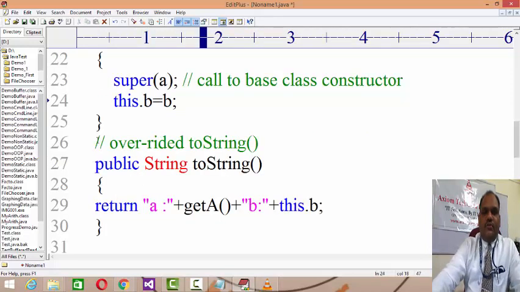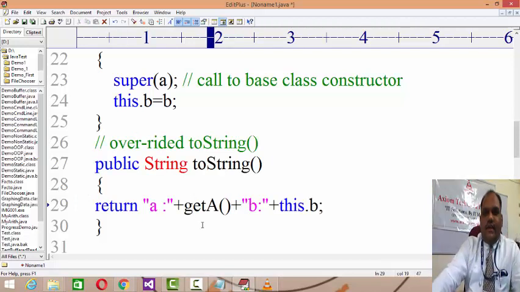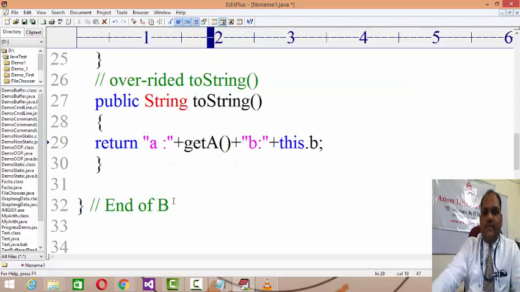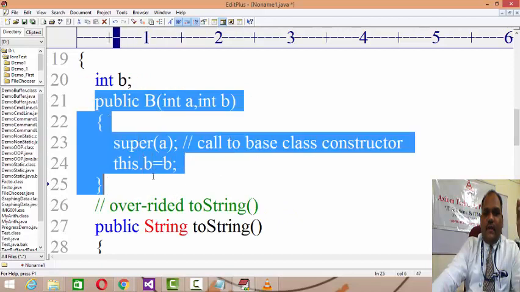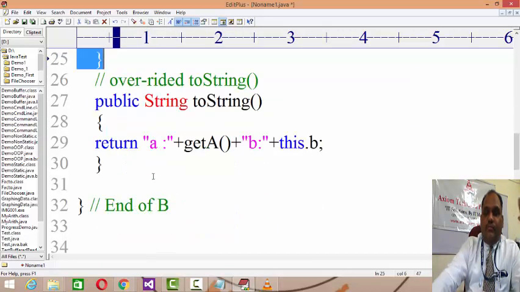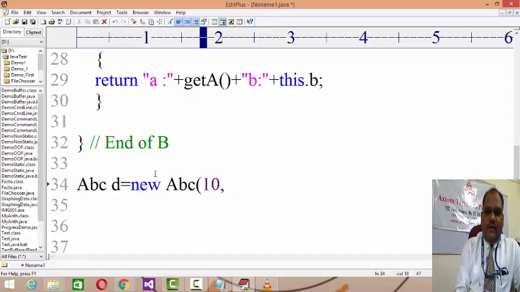And now I am going to demonstrate the overridden toString method. Just try and understand, whenever you create the object ABC D equal to new ABC, it will give a call to the constructor and initialize the properties. But if you want to print a copy of an object, let's say you want to print D, provided D is an object of a derived class, then D cannot be printed directly because D is an object. Let's just understand that ABC is a class and D is an object. ABC D equal to new ABC(10,20).